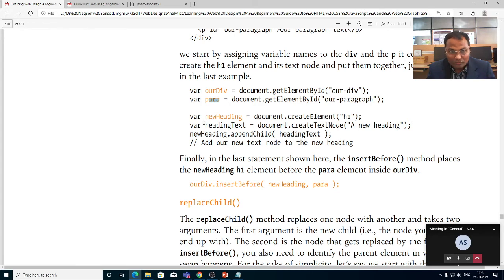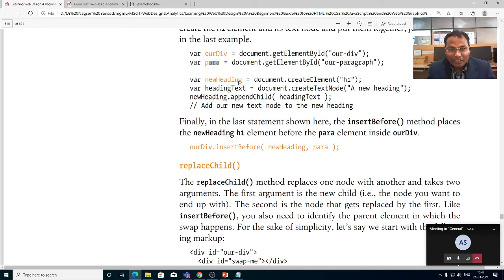The variable newHeading equals document.createElement, which we have already seen. Now the variable headingText equals document.createTextNode, which we have seen. Now appendChild heading adds our new text node to the new heading.